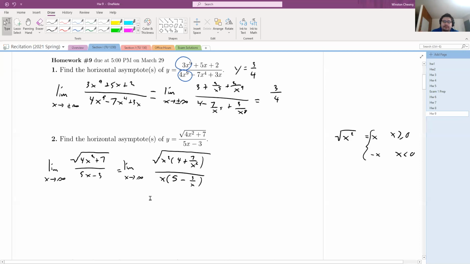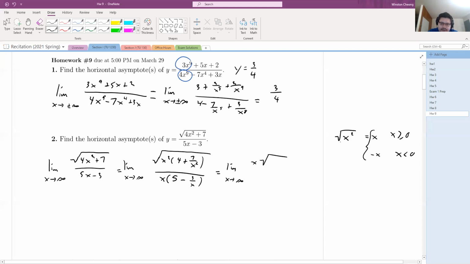Okay, and one property about square roots or about exponents is that you can split it over a multiplication like this. So this is the same thing as square root of x squared times square root of 4 plus 7 over x squared. And that's where the simplification is going to happen. So it's going to look like I'm not doing anything in this step, but